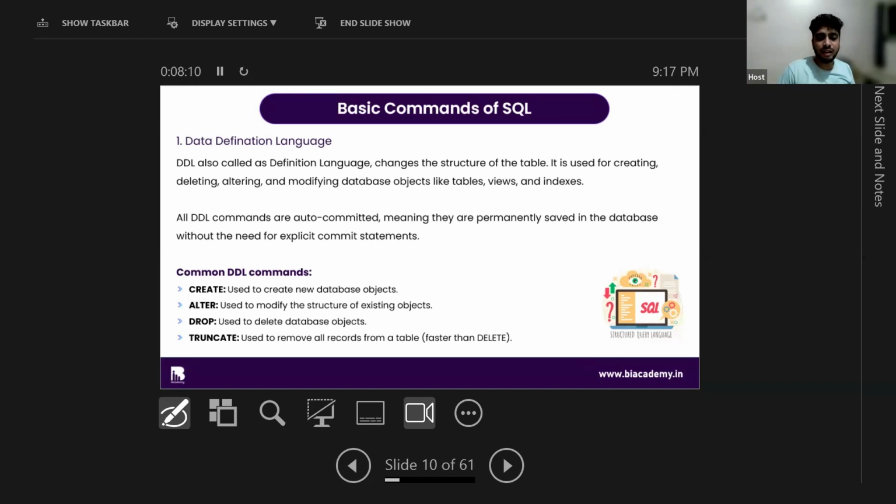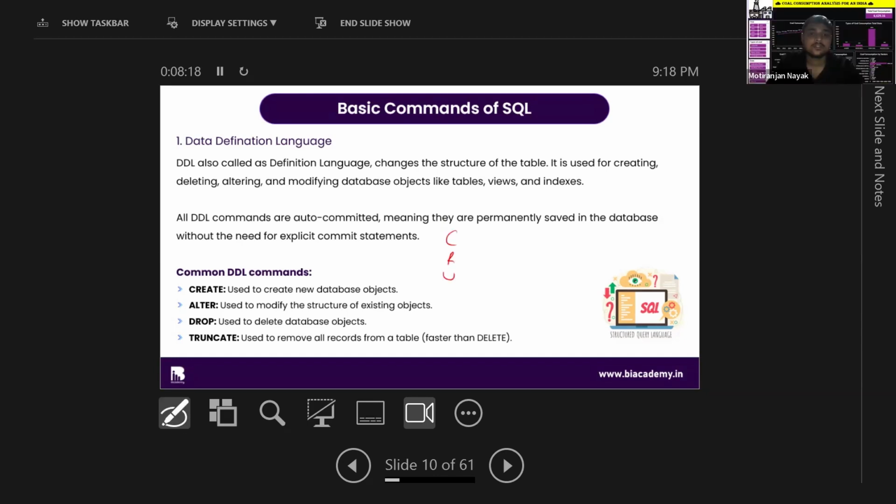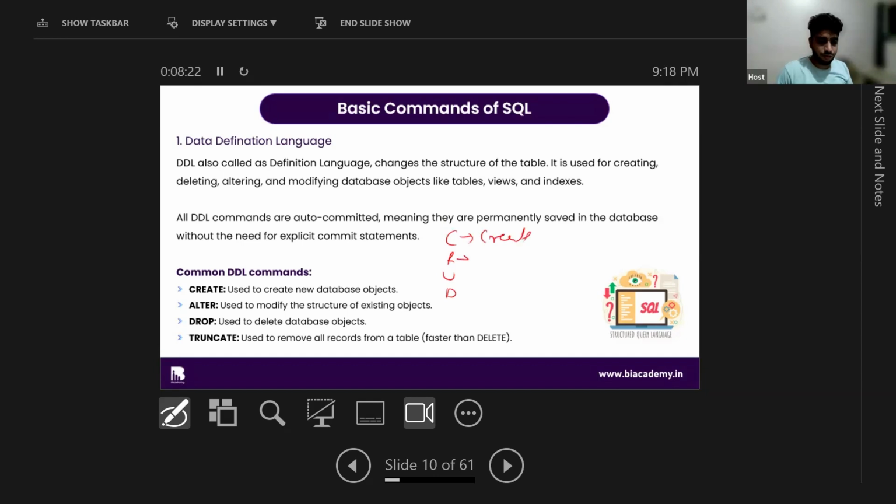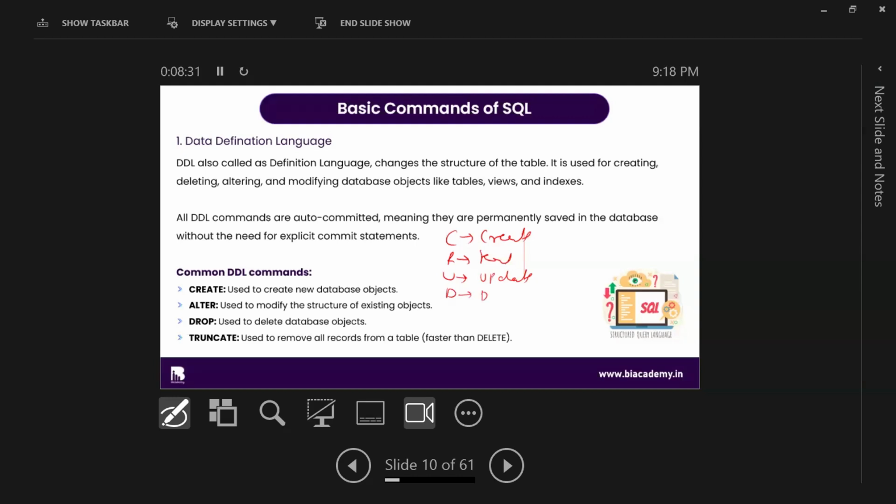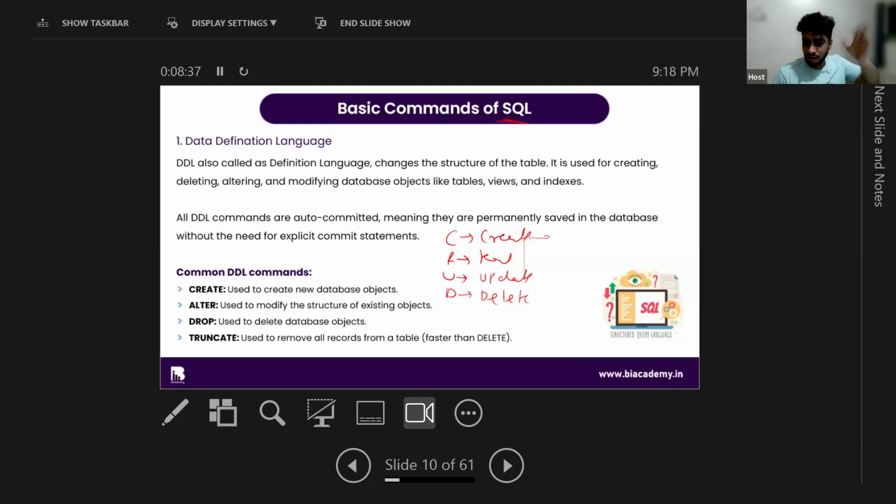These commands are called CRUD. C is for Create, R is for Read, U is for Update, and D is for Delete. So by using SQL, you can create a database, you can create a table, you can